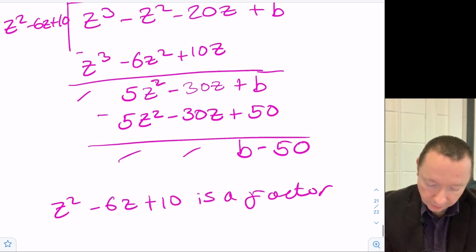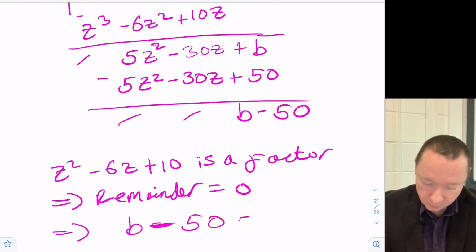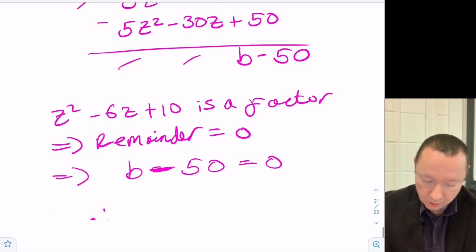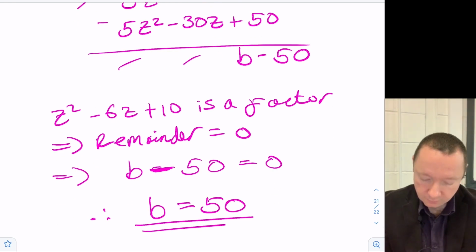So that implies the remainder must equal 0. So that implies b minus 50 equals 0, and therefore b equals 50. And with that,